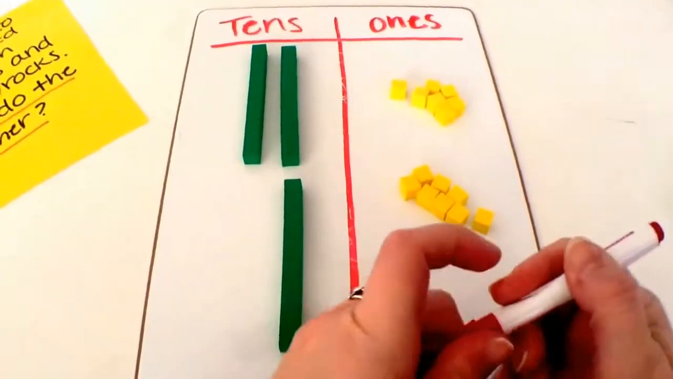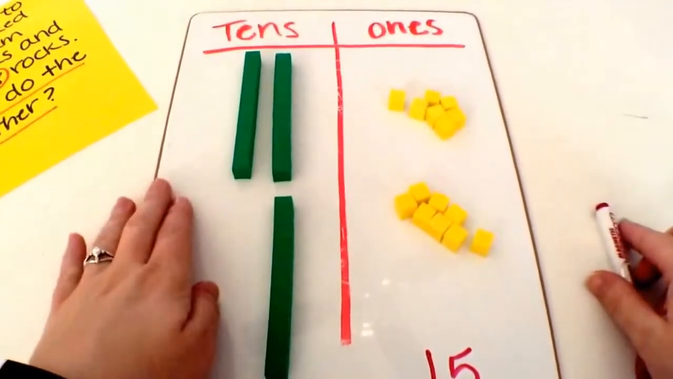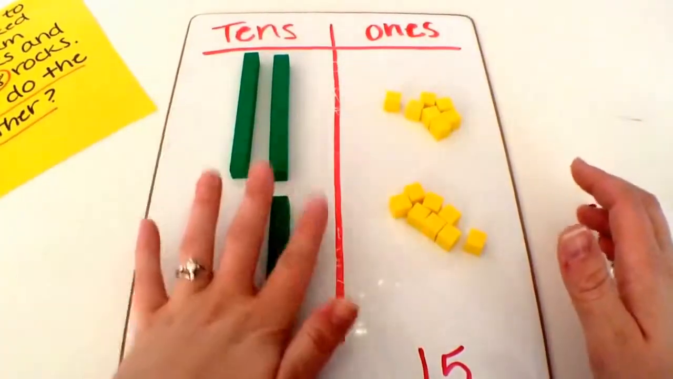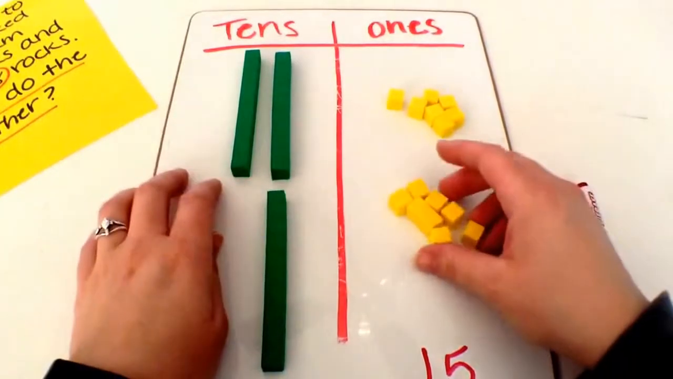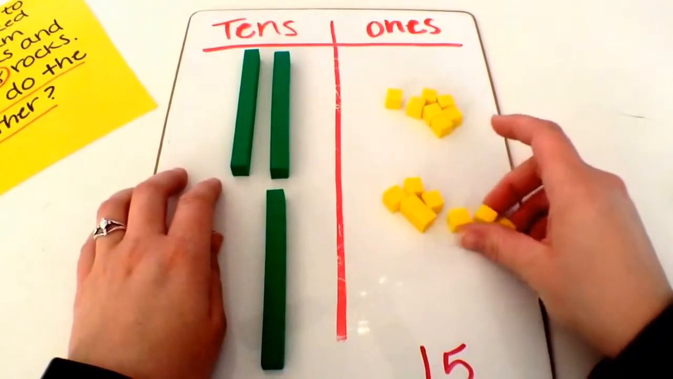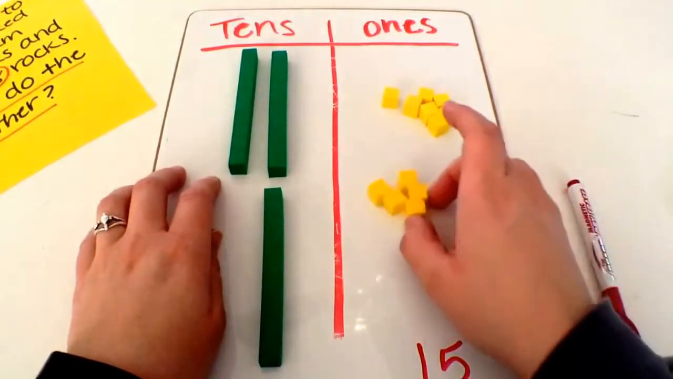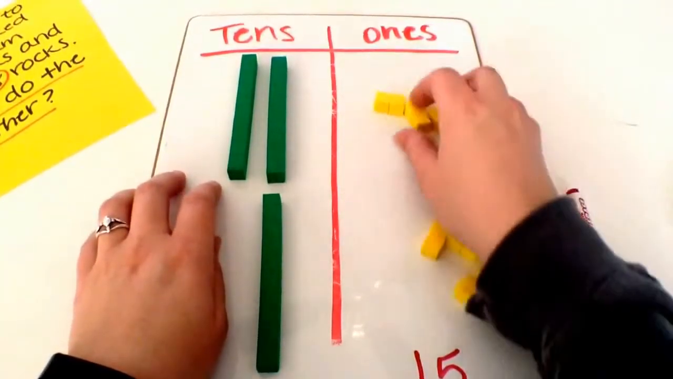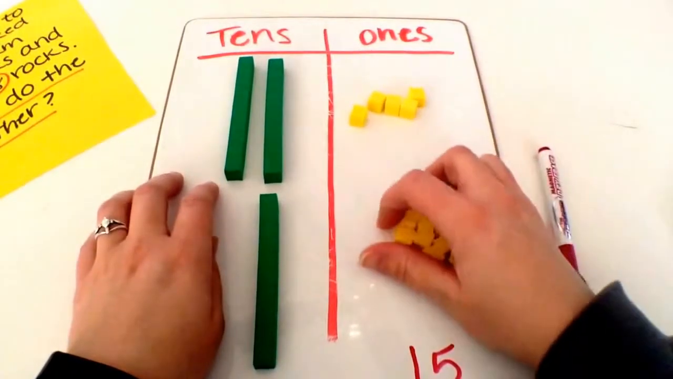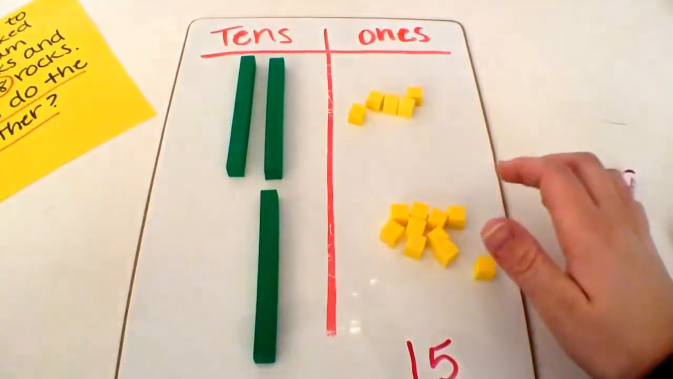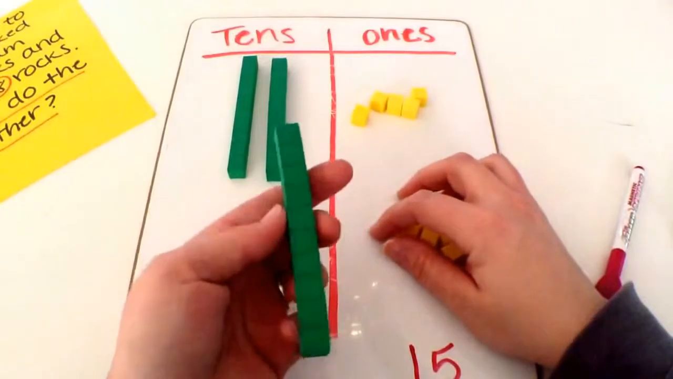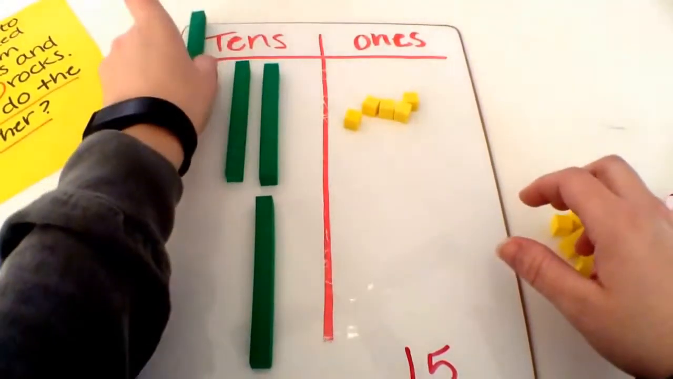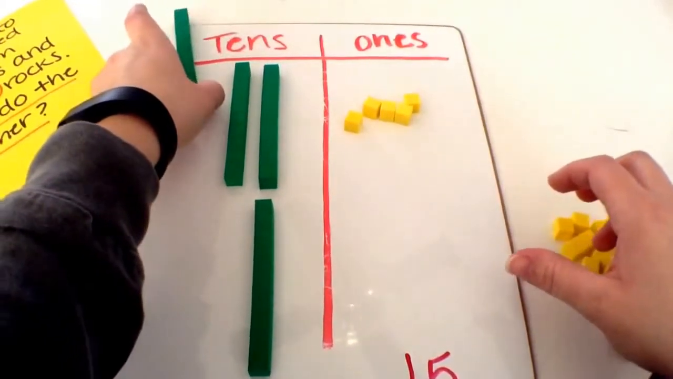So what we need to do is regroup, or trade out ones for some 10s, or for a 10 long. Okay, so we need to count 10. So we have 1, 2, 3, 4, 5, 6, 7, 8, 9, 10. Okay, so here's our 10, and we need to trade it out for another long, or a 10 here. So what I'm going to do is I'm going to put that one up here. So that leaves us